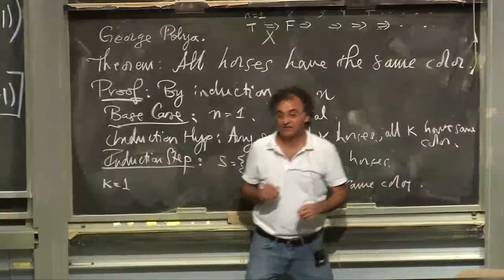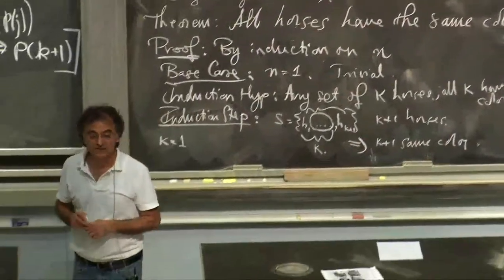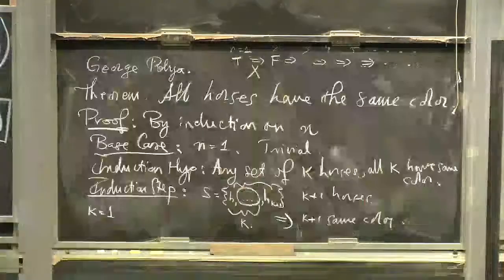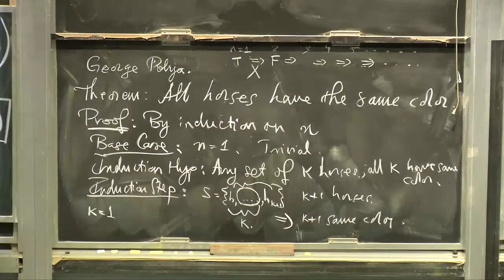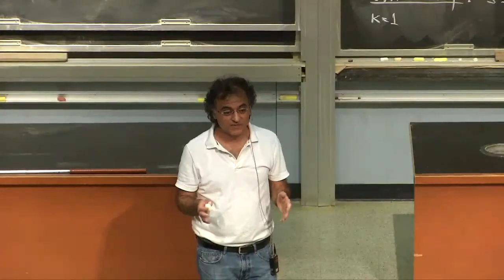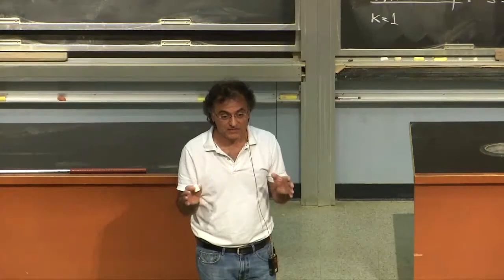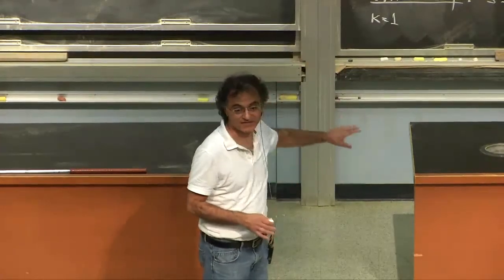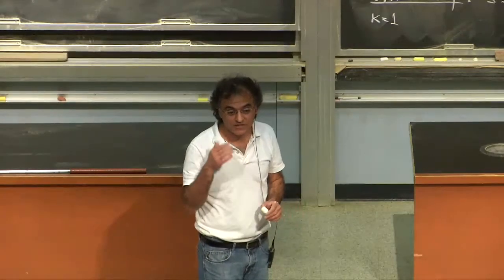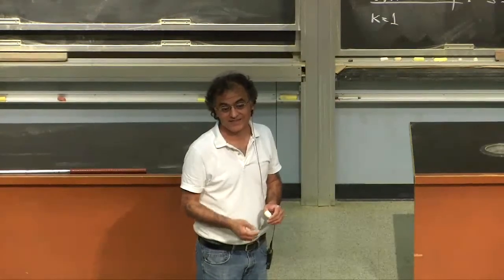Yes? What if you prove two base cases? Or, let's say in the theorem you say if two horses are the same color, then all horses have the same color. If every set of two horses have the same color, then all horses. That would be a true theorem. That would be a true statement. And in fact, this is a proof of that. Very good. So what we actually proved was what you just said.